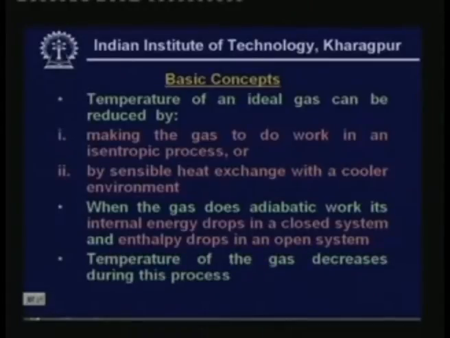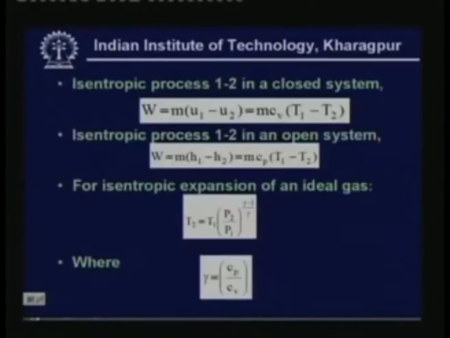So, the temperature of the gas decreases during the process. You can see here, for example, a closed system undergoing an isentropic process 1 to 2. The work output is given by m into u1 minus u2, which can be written as m Cv into T1 minus T2, where m is the mass of the system undergoing the isentropic process, u1 and u2 are the specific